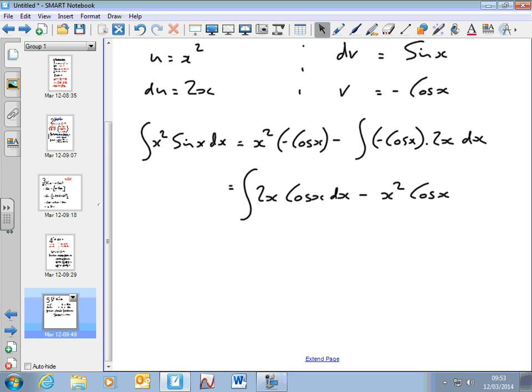Now I do apply the rule again. I let u equal 2x and I let dv equal cos x. So let's just worry about this bit, and we'll add the minus x squared cos x at the end. So saves us having to keep rewriting the whole thing. So just worrying about the bracket, the integral of 2x cos x dx equals,